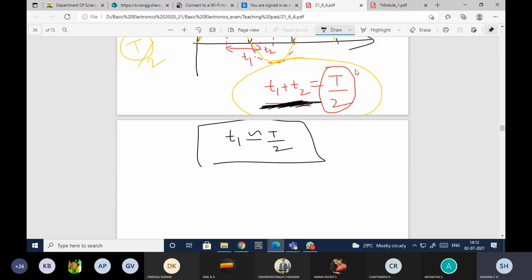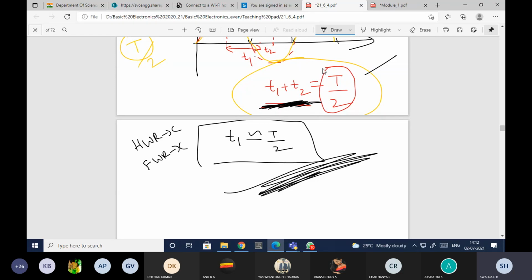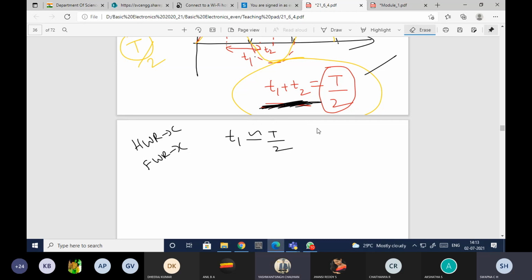If anybody wants me to explain anything until here, from the half wave rectifier with the C filter and the full wave rectifier with the C filter, you can ask me. Otherwise, the class is done for the day. From here, the rest of the derivation will carry forward. If anybody is interested, you can try this on your own tomorrow. Trying is not wrong, right? So just try it now itself. Anyway, you don't have any class after my class, right? No, ma'am, no class.